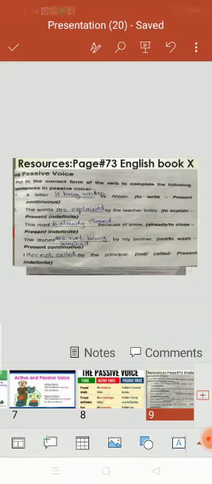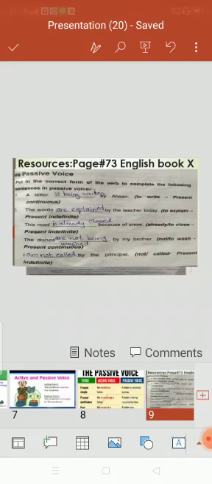Okay students, you have to open page number 73 of your English book and put in the correct form of the verb to complete the following sentences in passive voice. A letter is being written by Ehsan. So there are two options for you. The first option, to write, this is a verb, and the second option is required for you to write down this sentence in present continuous form. So we have added the present continuous form with the addition of being. A letter is being written by Ehsan.